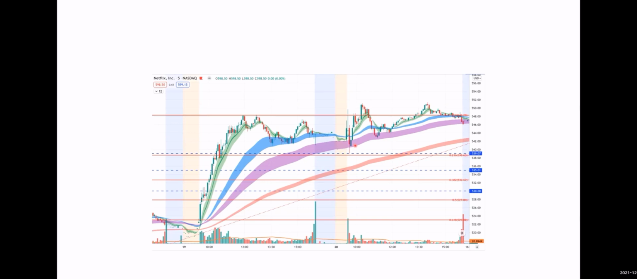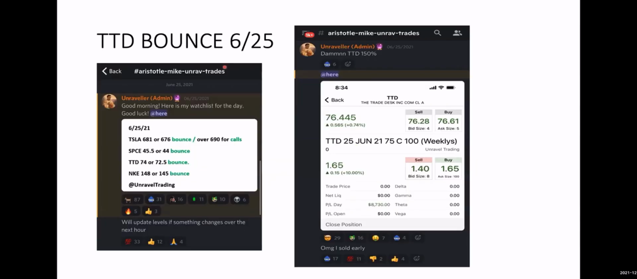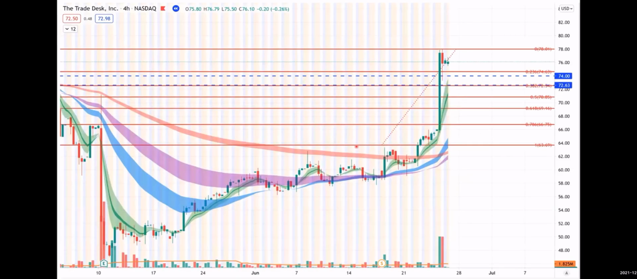All right. Anyway, so next is TTD bounce, right? TTD bounce 74 or 72.5, right? This is what I posted. This is what I made. This is real trading, right? I actually execute what I post, right? Unlike other chartists. Okay. Anyway, I'm sorry. So this is the Trade Desk. This is Trade Desk and